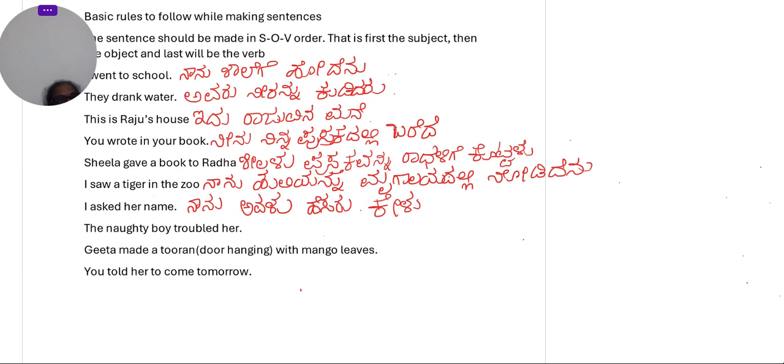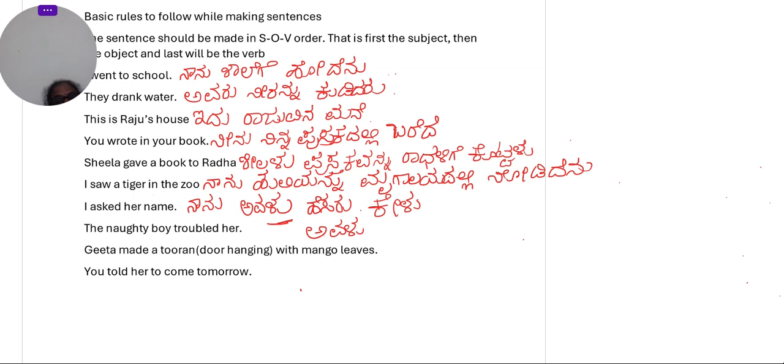Now again, Nanu is the subject, but U is already added to it, so we don't make any change here. Then Avalu and Hesaru. Hesaru, the name, is related to her. We are asking her name. So here we have to do the Shashti, that is the sixth Vibhakti, where it's the relationship. So Avalu